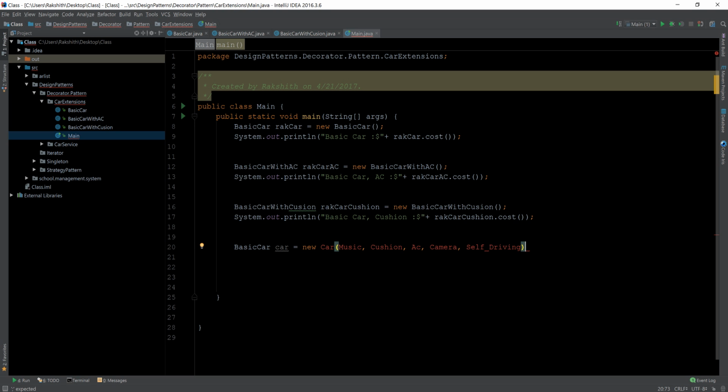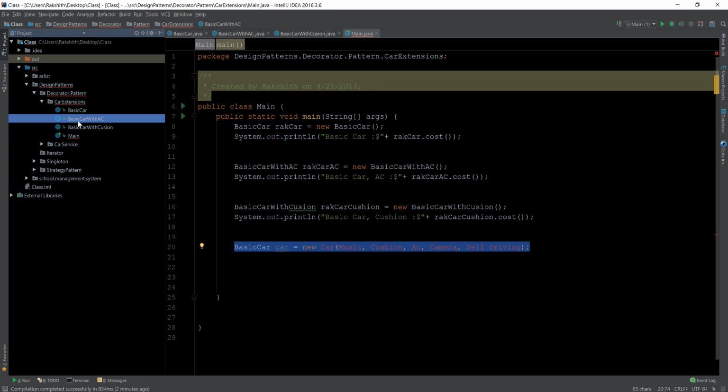The biggest drawback in this pattern is that whatever we are coding at this point is such a ridiculous thing, because we never know what kind of classes we want during execution time, during deployment, during production. We never know what we want from the customer. And we can't even hard code this. Basic car with AC is hard coded because we are hard coding basic car and AC. Likewise, basic car with cushion is hard coded, which is not appreciated. If we keep continuing and chaining everything together,